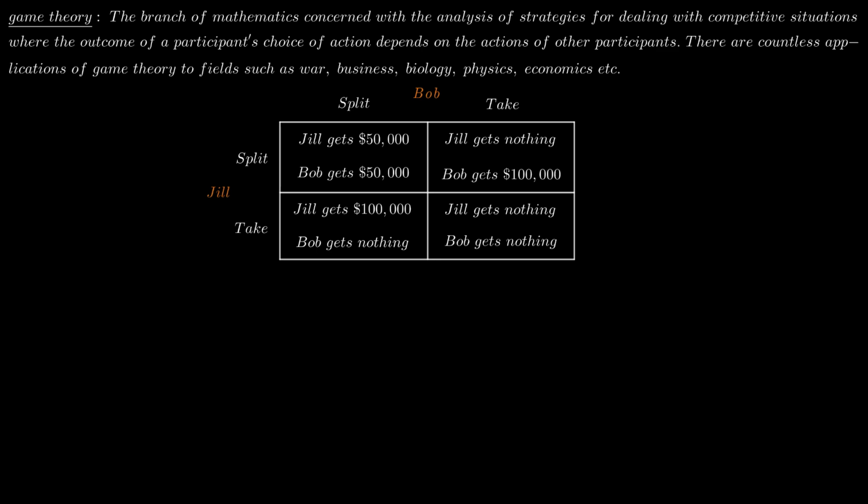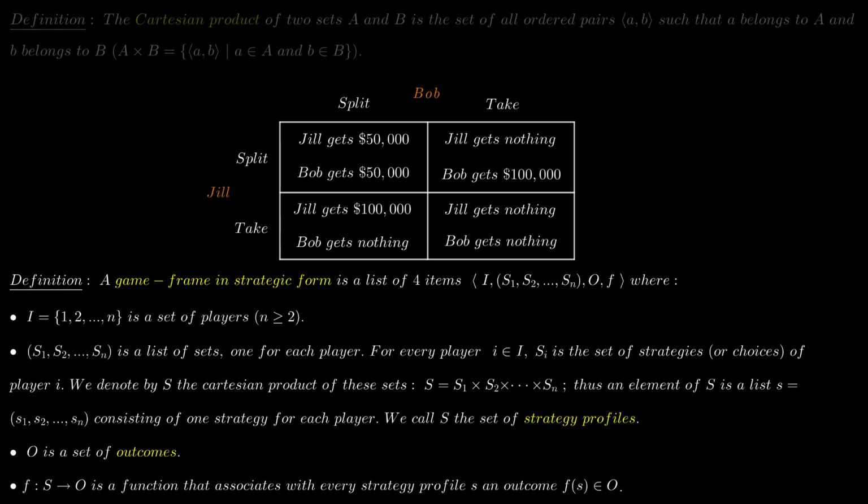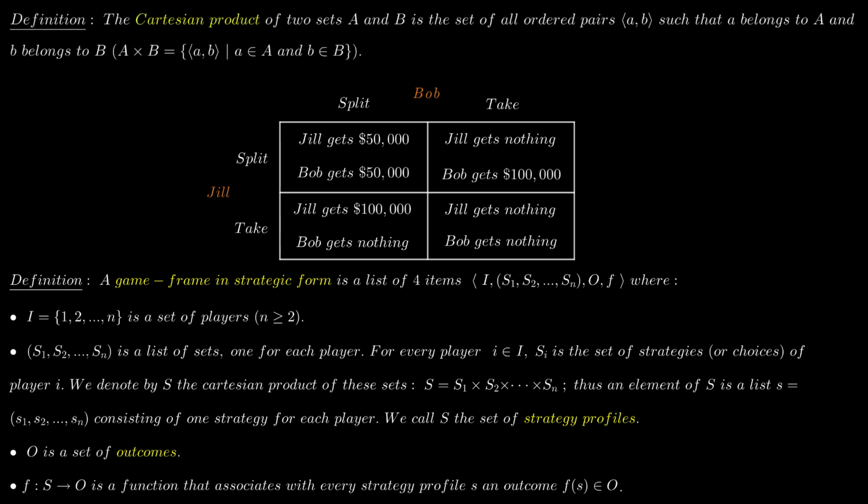But this doesn't constitute a complete game because we don't have any information of how the players themselves rank the outcomes. This is what we call a game frame. Here's the formal definition of what a game frame is. And this is a Cartesian product of two sets, for those of you who might not remember. So in order to get a full-blown game, let's have the players rank their outcomes. So let's assume that both players are selfish and greedy. That is, both players exclusively focus on what they themselves get and prefer more money to less.